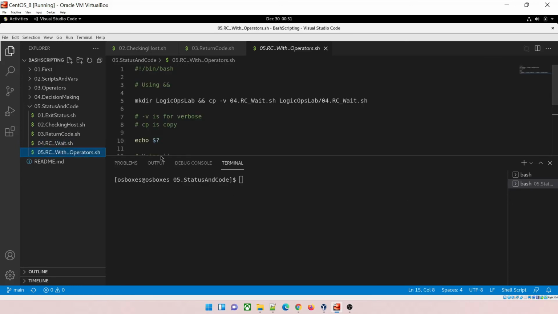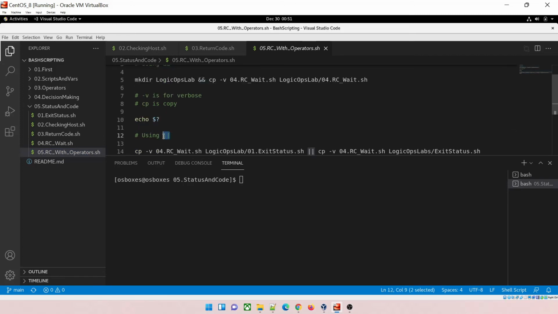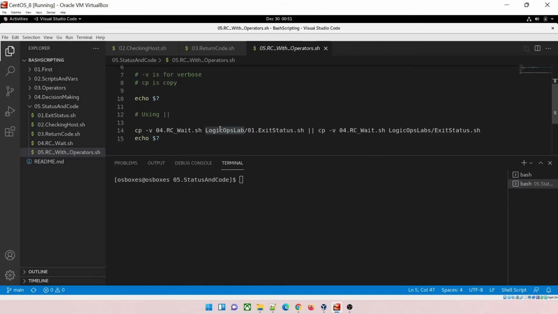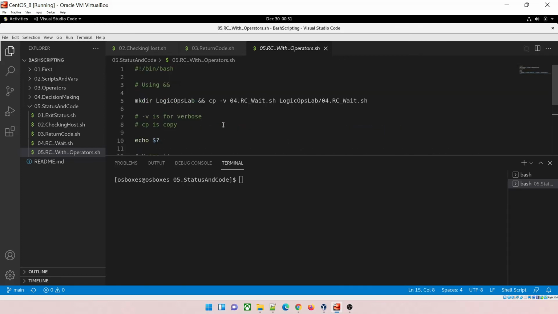Okay, and let's go to the last program for today. So what we are going to do, we are going to use ampersand. We are going to use or, which is pipe. So as you already know, the and operator is going to match both these conditions and give an exit status. Sometimes I say status, sometimes I say status, please don't get confused. In this, the or command, or you can say the pipe, is going to match this condition or this condition, and it'll show the status accordingly. Okay, so let's just run this and understand what exactly is happening over here.